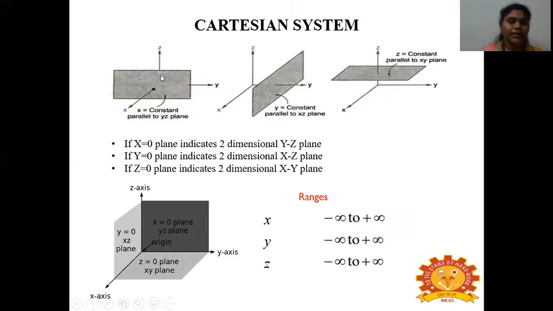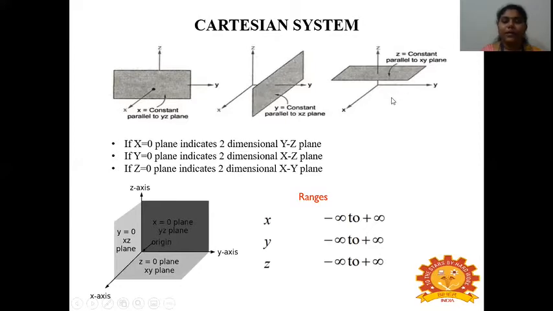If x is equal to 1, the plane will be a bit forward from the origin. If x is equal to 2, the x position will be 2, and again you will have a plane in the z and y axes only, because we have a constant value in x alone. Then if you consider y is equal to a constant or y is equal to 0, the plane will be a 2-dimensional plane that lies on the x and z axes. The second diagram shows that when y is equal to a constant or y is equal to 0, your plane will lie on the 2-dimensional plane, that is x and z.